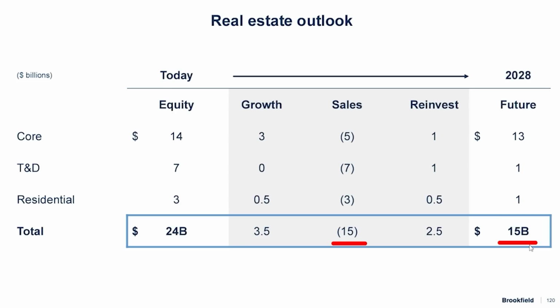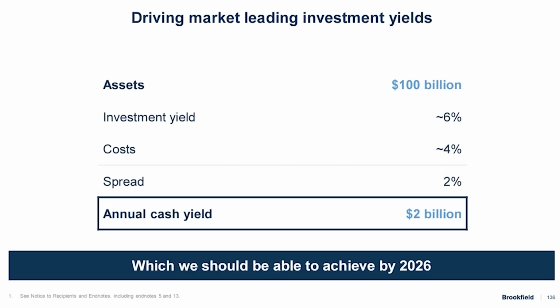So basically, over the next 5 years, Brookfield is actually looking to liquidate almost half of its real estate portfolio and actually make real estate a smaller portion of the business overall. This could help close that discount to net asset value, as well as potentially stopping the business from being such a cyclical stock. Now, moving on through the investor presentation, this starts to talk about Brookfield Insurance, and Brookfield believes